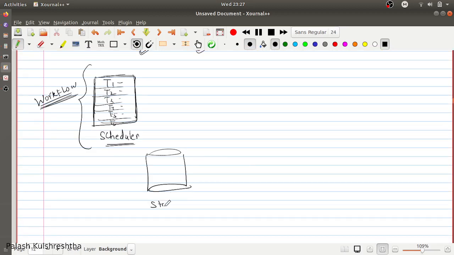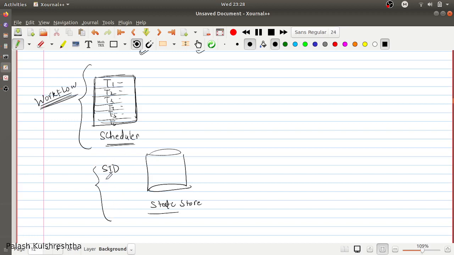You are going to store your state information for a particular step or task in the state store. And this is going to have which scheduler is processing the ID. We can say SID, scheduler ID, which scheduler is processing the given workflow.